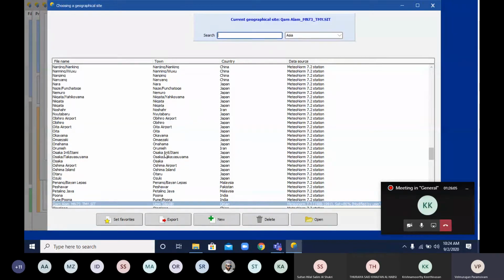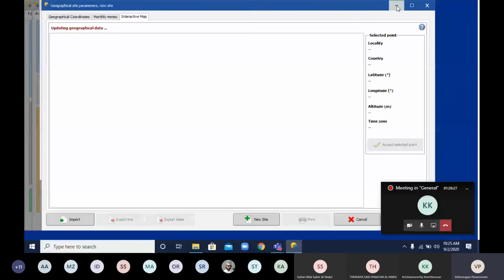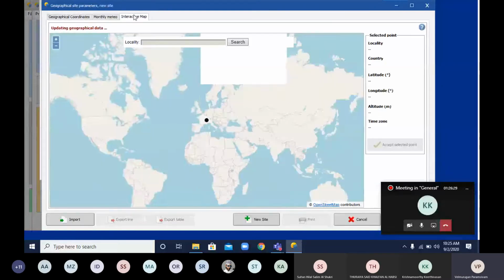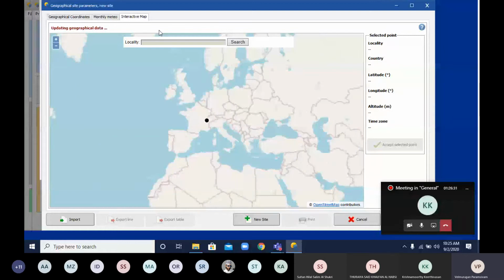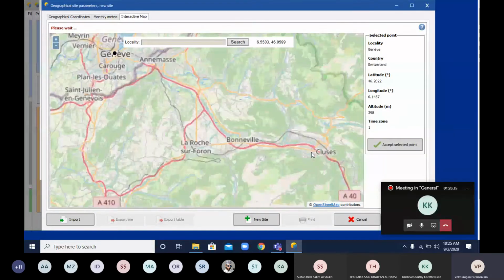We will get data, maybe the last 5 years, 10 years data, how much solar radiation there. Okay, so all details based on the solar radiation, we will obtain all the data. That purpose we are using the geographical values. So we want Oman now. So we go to geographical, after that click new sites. If we click the new site, the interactive map automatically opens. Okay, we go for the Oman map.